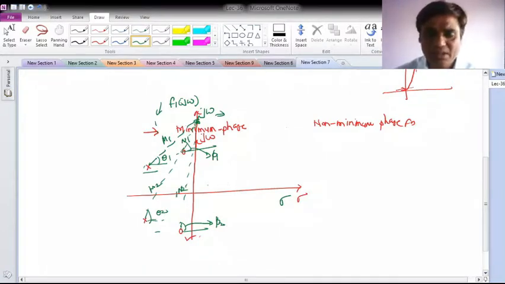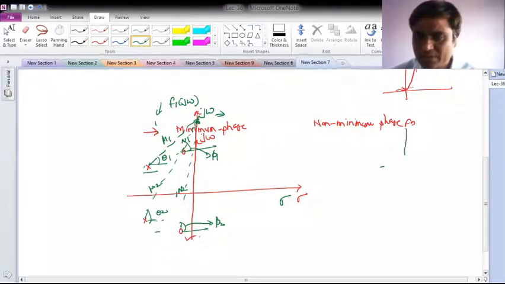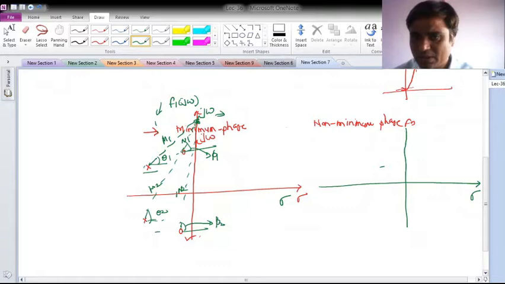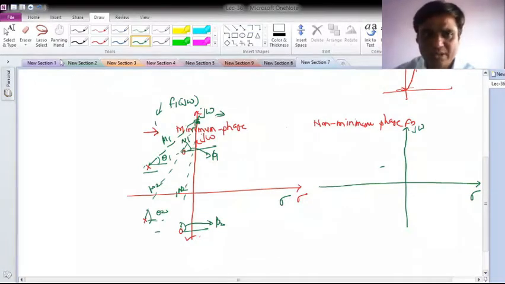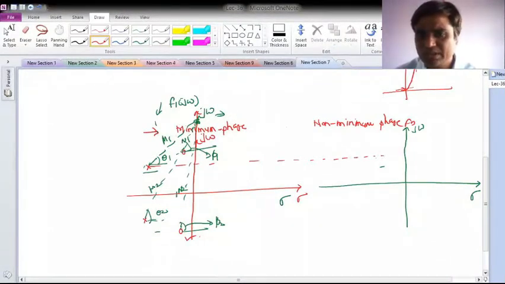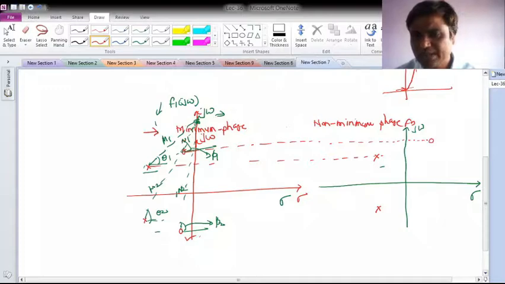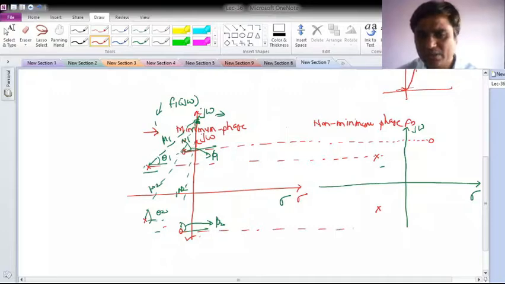Okay. Now what I will do, I will draw the pole-zero plot for another network function, with sigma and j omega. The pole locations are the same here, the same as we selected for f1. Only what I am changing is these zeros, which were lying on the left-hand side of the plane; I will shift them to the right side, with the same value of real and imaginary part. Similarly for this also.